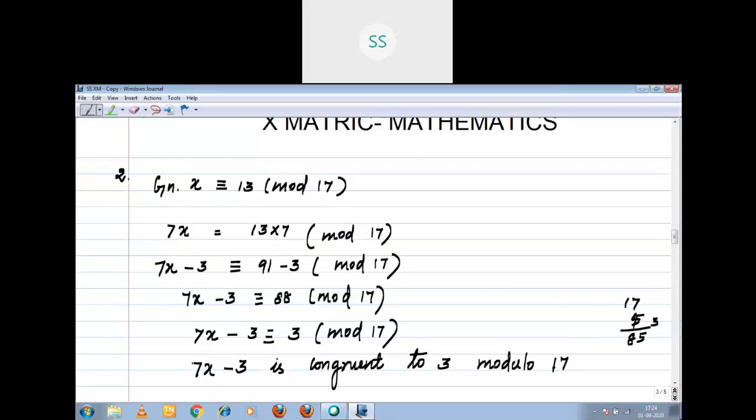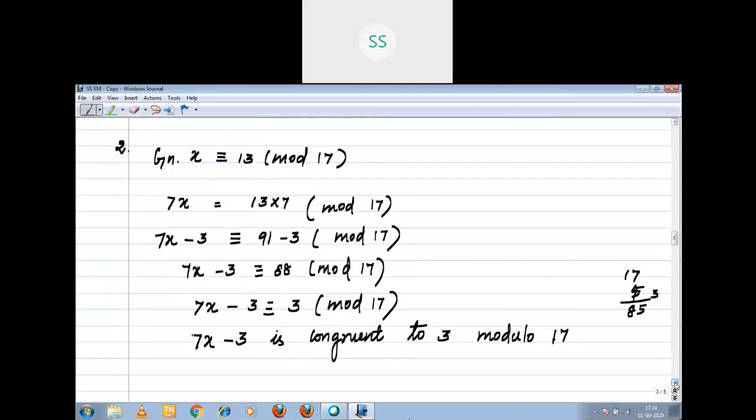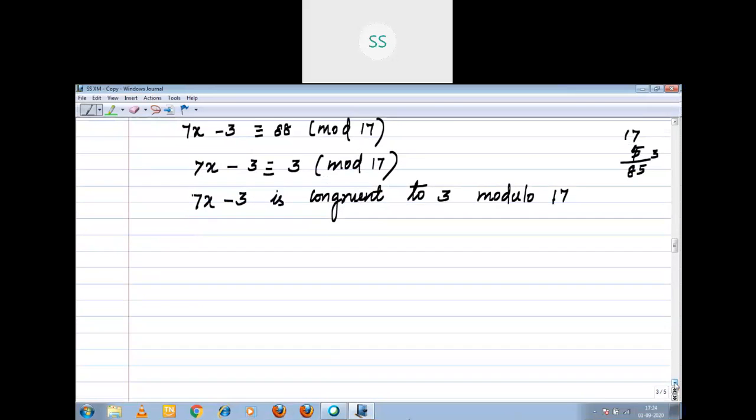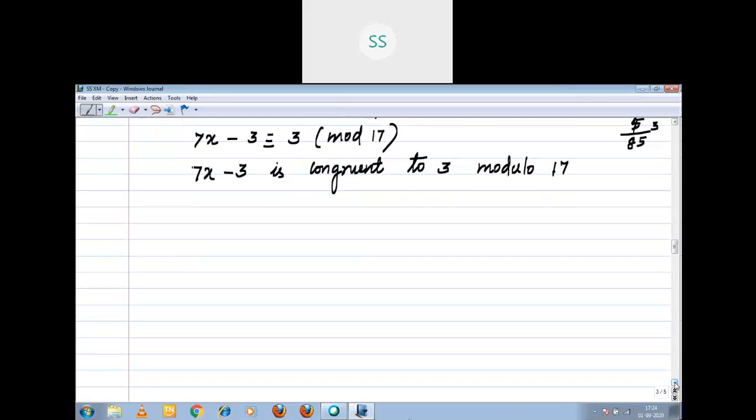Solve. Next. Question number 3. The same thing you have to follow for the example sum also, right? You have to try the example sum. Question 3, solve